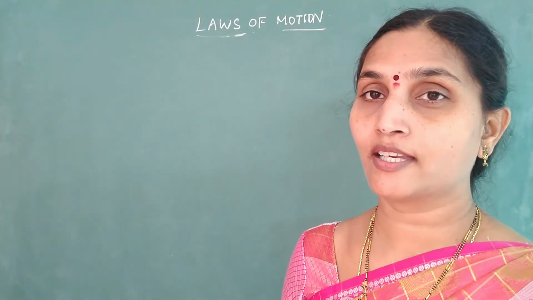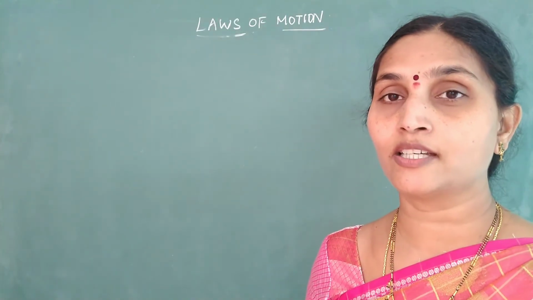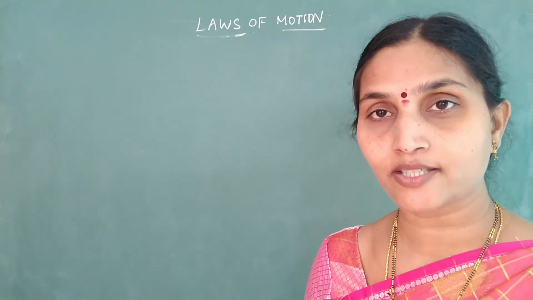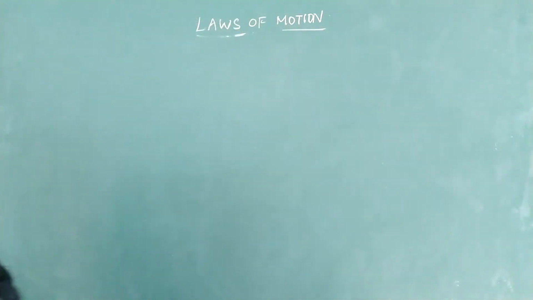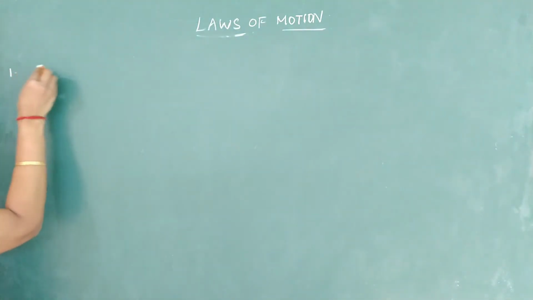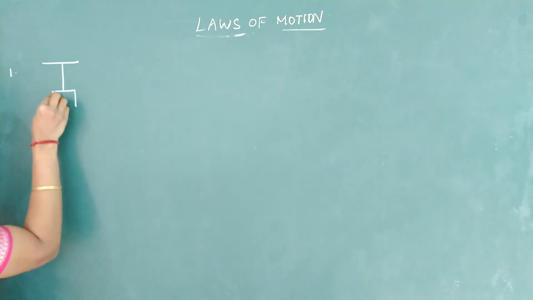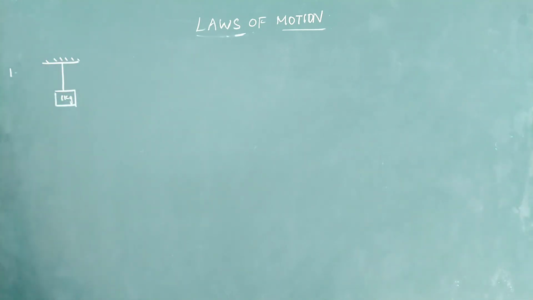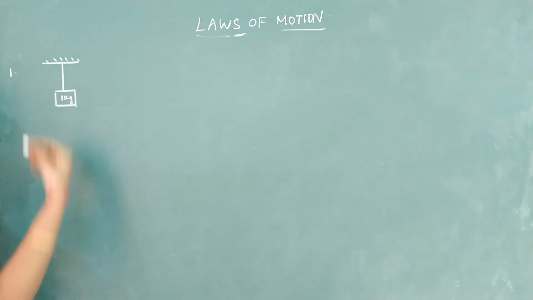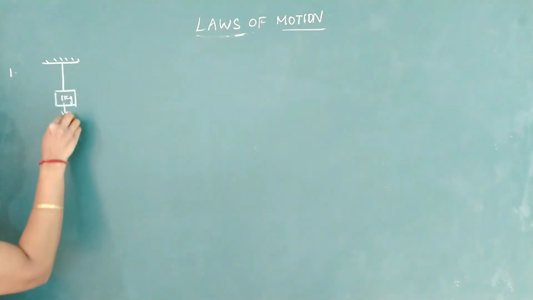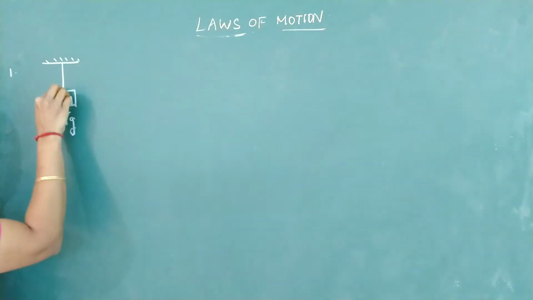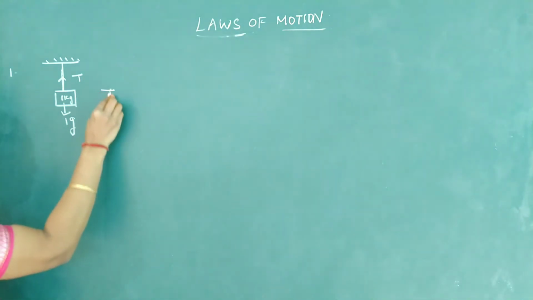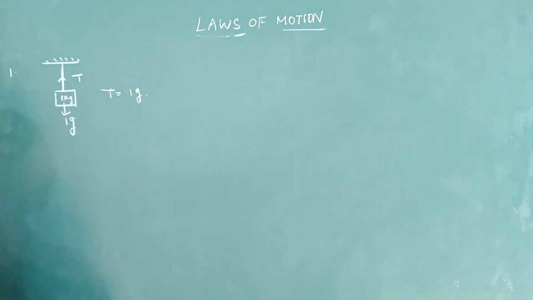Okay, now questions related to connecting bodies. Let us see how to calculate the tension in the string for horizontal and vertical arrangement of blocks and strings. Okay, look at the arrangement. We'll start with simple questions first. Say a block is hanging from a rigid support. What should be the tension in the string? Because this system is also in equilibrium. Force pulling it down is 1 into G. The force acting upward is tension in the string. So the system is in equilibrium, so T is equal to 1 into G.